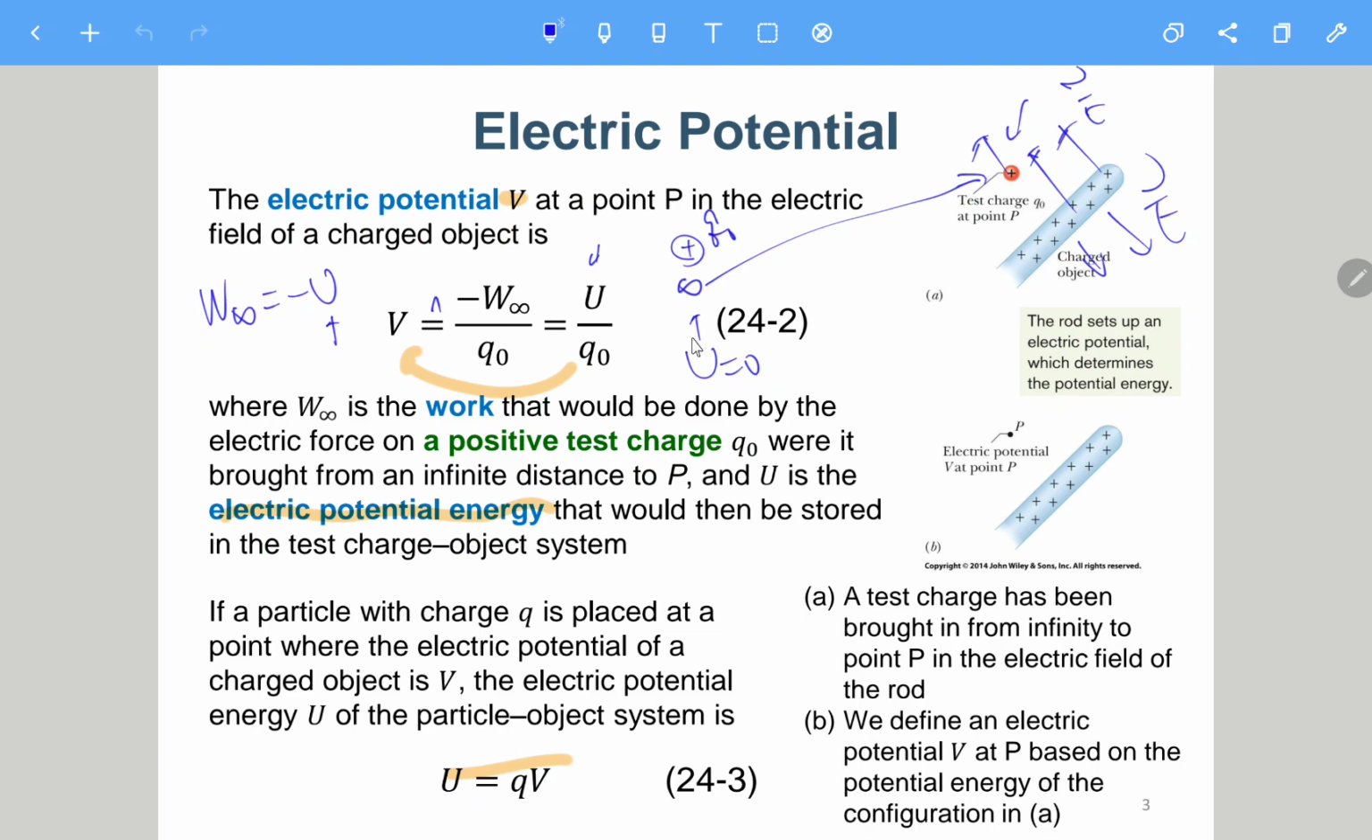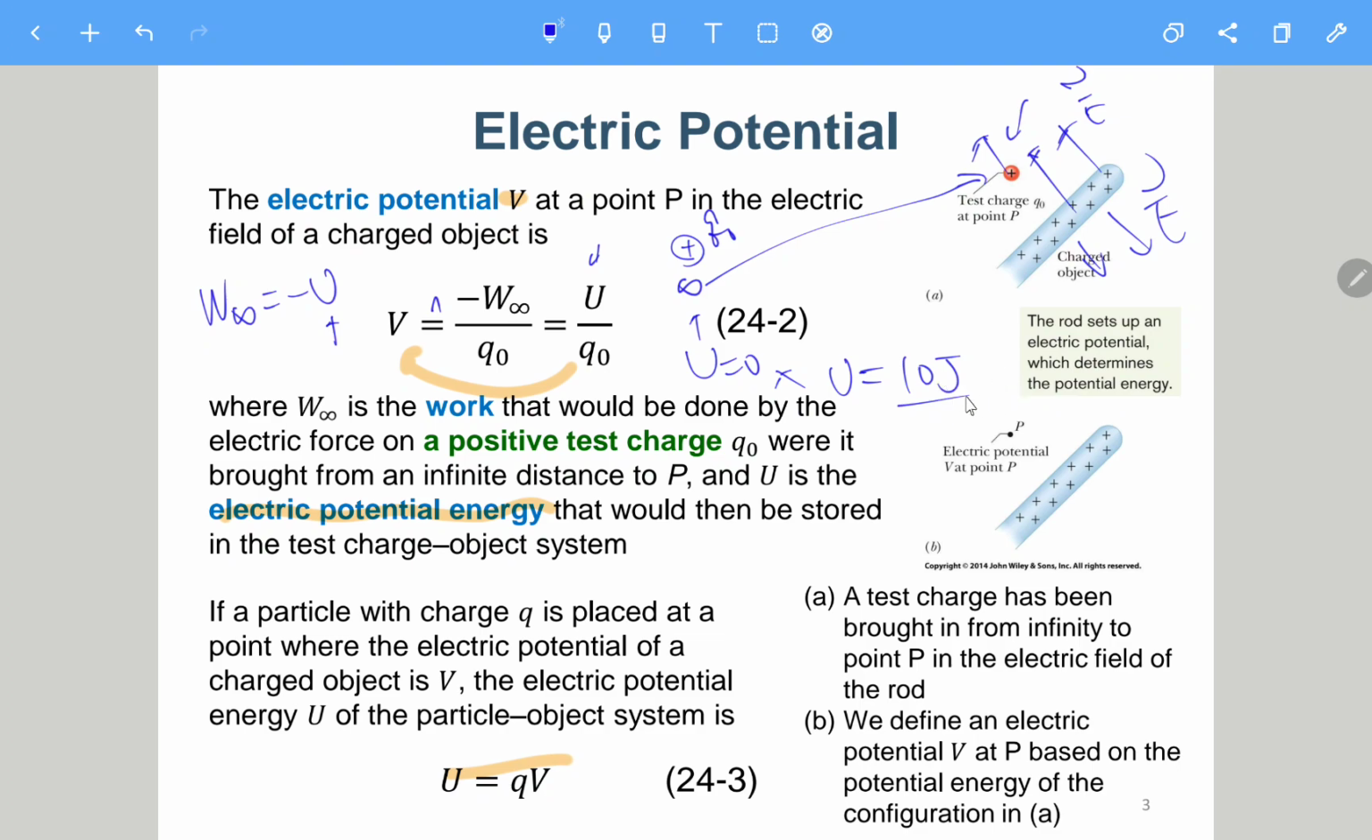Actually, this is not very important, but if we really define U equals 0 at infinity far away, then the equation for the general U will be more elegant. Of course, you can just define it to be, let's say, 10 joule. Joule is an SI unit for energy. This is okay, but